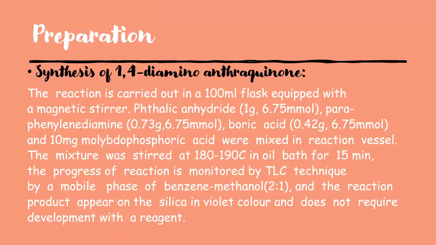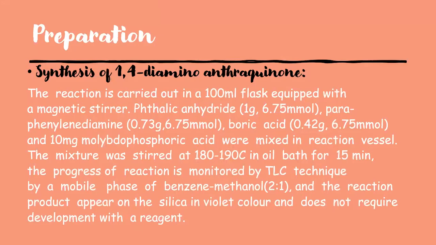The mixture was treated at 180 to 190 degrees Celsius in an oil bath for 15 minutes. The progress of the reaction is monitored by the TLC technique with a mobile phase of benzene methanol 2:1, and the reaction product appears on the silica in violet color and does not require development